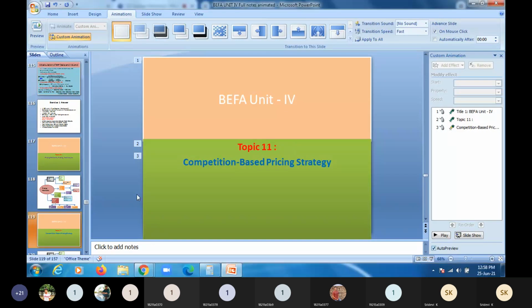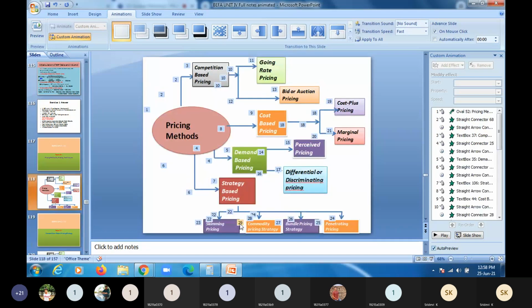So like this, you can use different methods under strategy-based pricing. Some others are there; I will give you that list later. But up to here, these are the most important. So I have given a few strategy-based pricing methods. We will discuss each and every one in detail in the next class: what the advantages and disadvantages are, what it is, and along with an example.